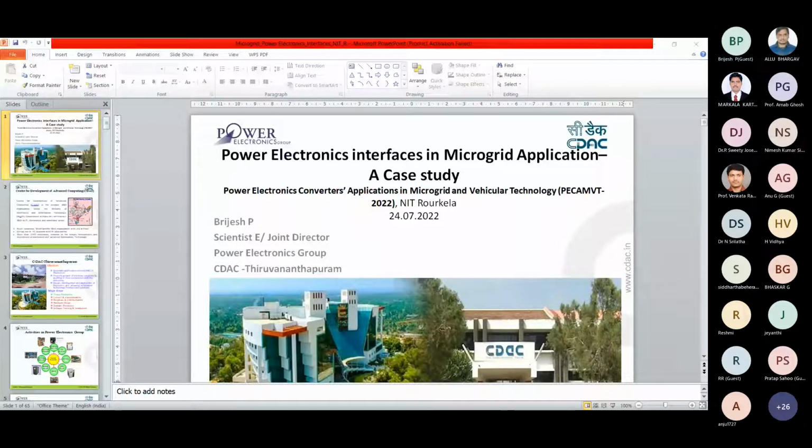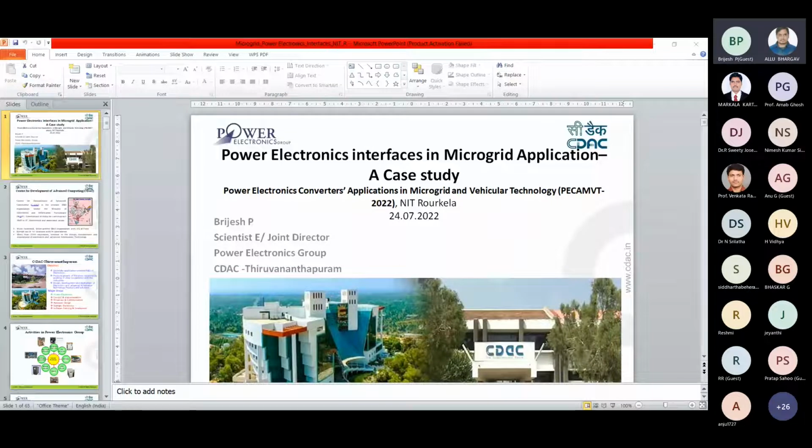Even in CELAC Trivandrum, we have different groups working in different areas of electronics and software, and I belong to the Power Electronics Group of CELAC Trivandrum. We have other groups like control and instrumentation, broadcast and communication, hardware design group, software training division, and strategic electronics group, which works on defense oriented projects and all.